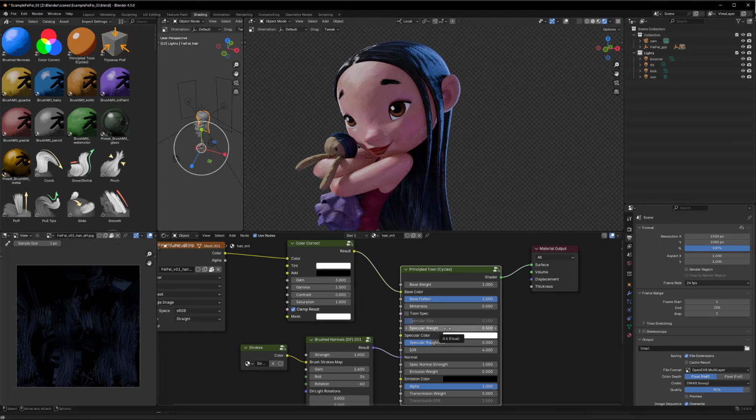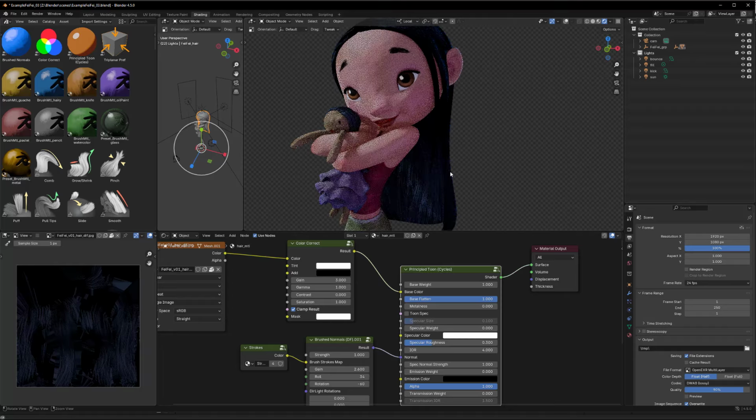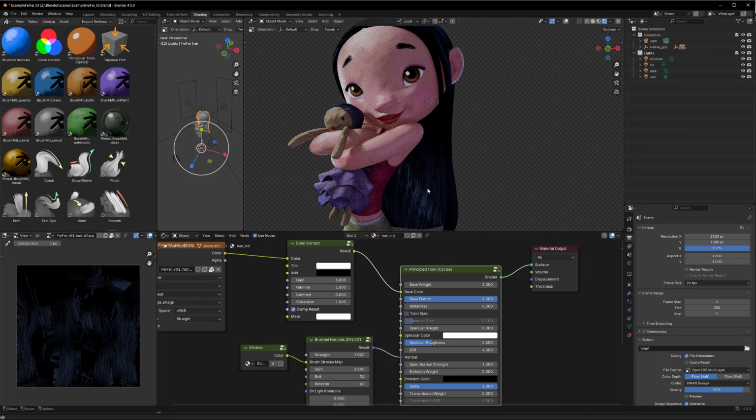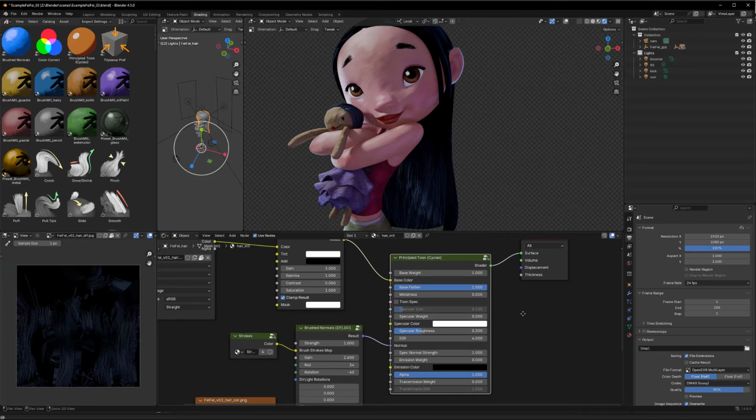Let's turn off the weight for the specular, so we're seeing just the diffuse. And what I'm doing here with this color correct node is I'm just boosting it up a little bit to get it to show up a little better because it's super, super dark. And then if I turn off the diffuse and turn on the specular,